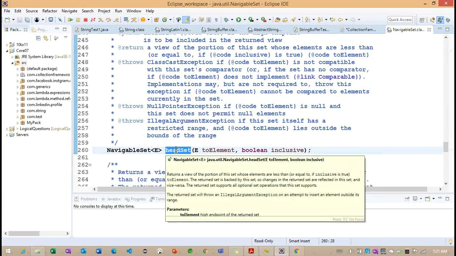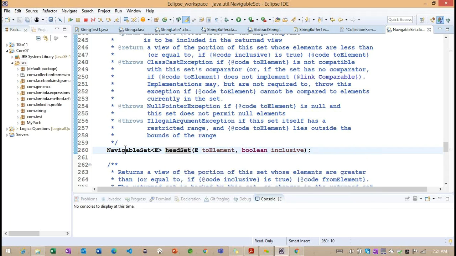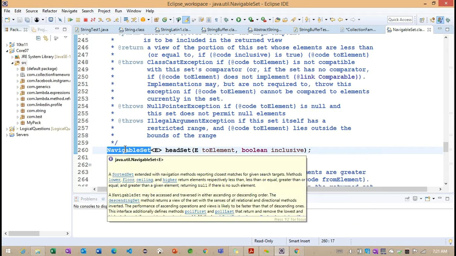So now we can see the headSet method. How is this method working? It will try to return the navigable set object here, and it's going to include all the elements that are less than the given element. Getting the point. And if we include this true, what happens internally?